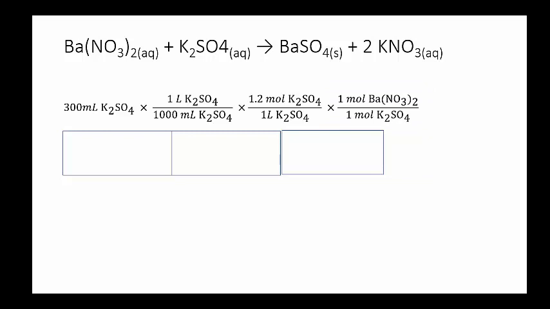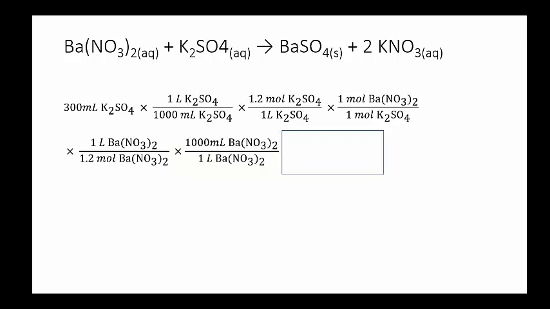Now it's simply a matter of converting it to the volume that I need, right? Because I know I have a volume of barium nitrate. So I want to end with a volume of barium nitrate in this question. Right now I have moles of barium nitrate, so I'm going to use my molar concentration, but I'm going to flip the conversion factor, right? Because now I want liters and I want to cancel moles. So 1.2 moles goes on the bottom and 1 liter goes on the top. Right now I'm in liters of barium nitrate, and I want to go back to milliliters because that is what the problem gave me, right? Gave me a value in milliliters. So I'm going to go back to milliliters, do this math, and I'm going to end up with 200 milliliters